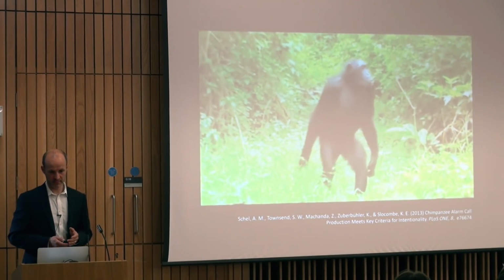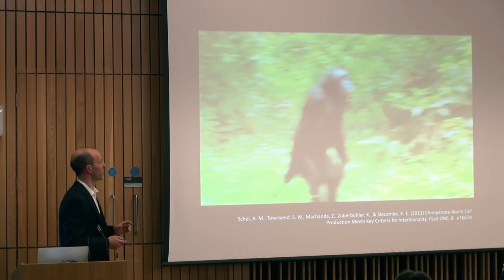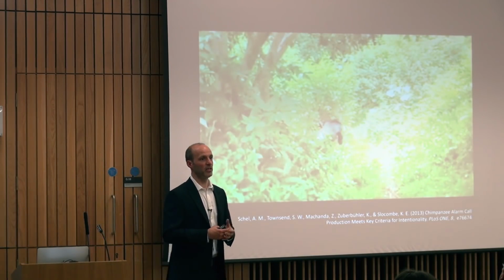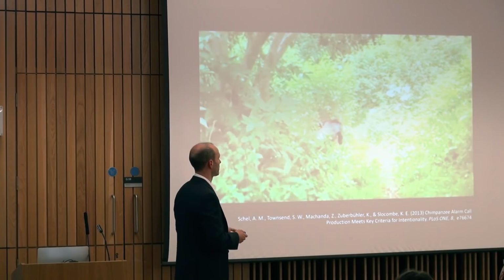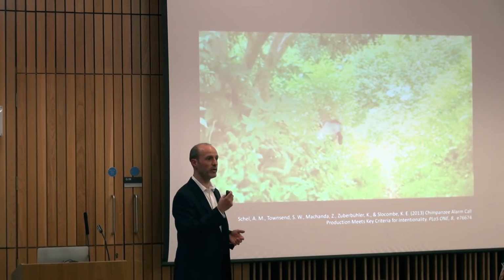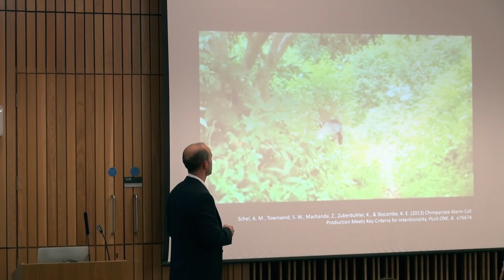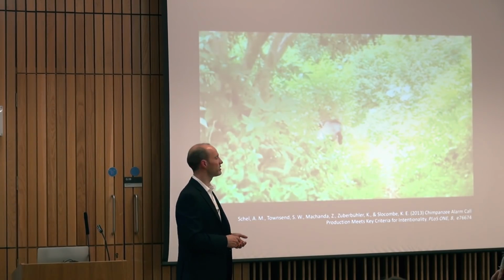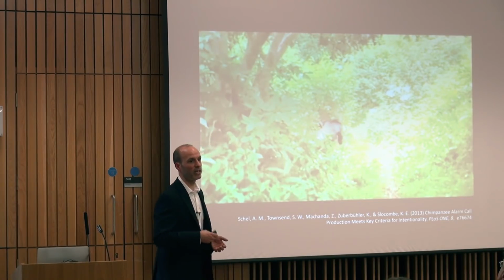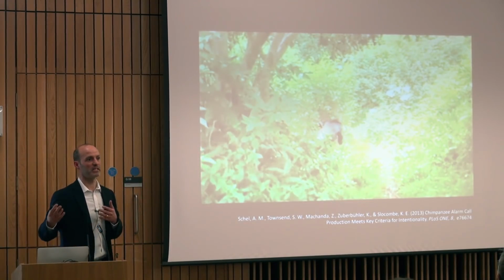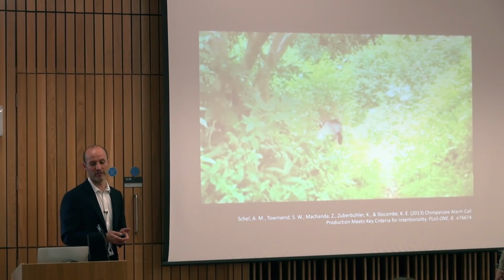Okay, now you can contrast that with what a chimpanzee does when it has company suddenly. So this is another chimpanzee. It's initially on its own. It's come across the model snake and it's hooing, as you'll see in the video. And then another chimpanzee from its group appears. This chimpanzee turns around and sees the new chimpanzee who's arrived. You can watch its change in behavior when it realizes there's another person there who might not know about the snake.